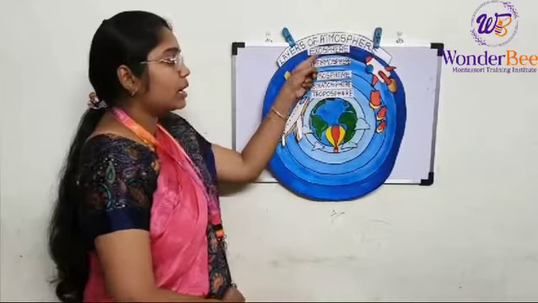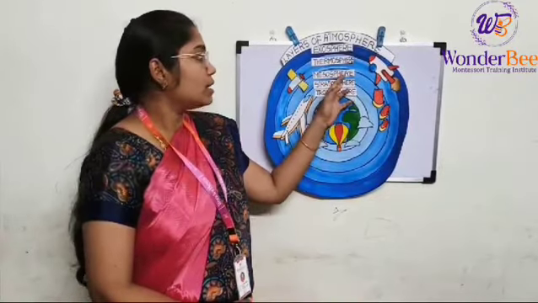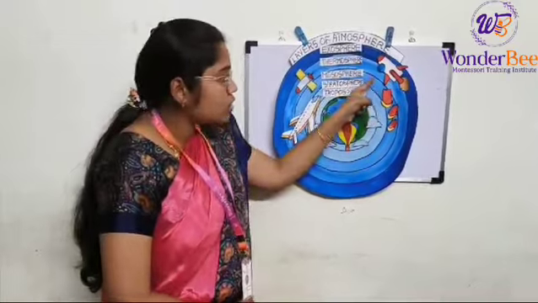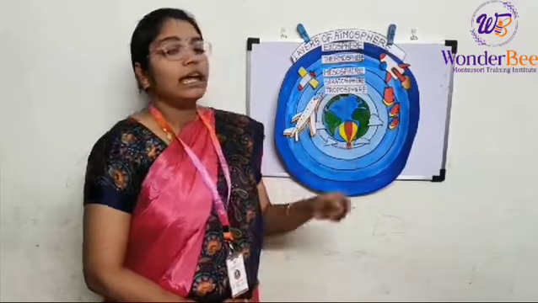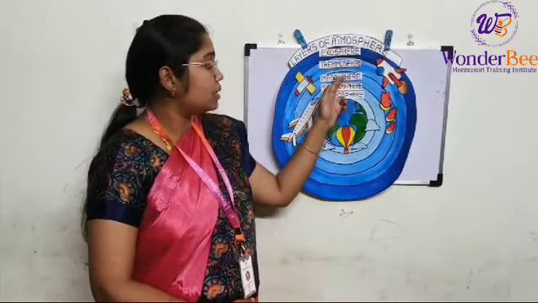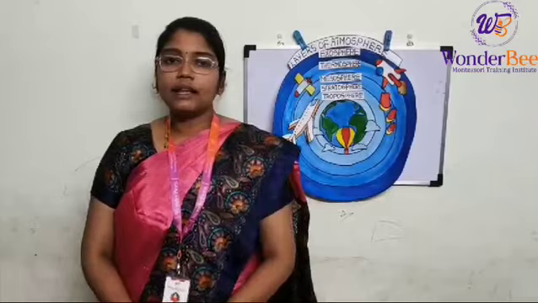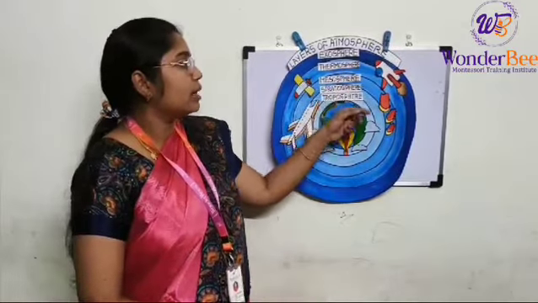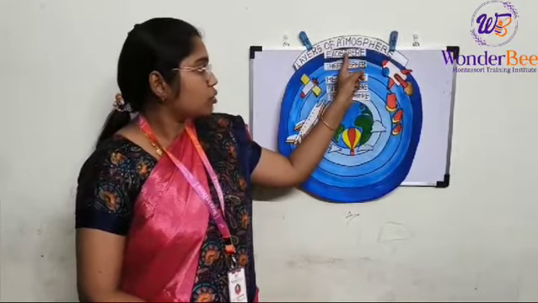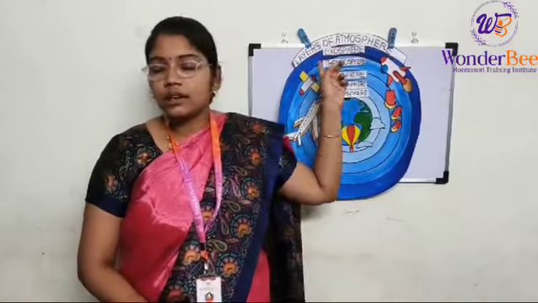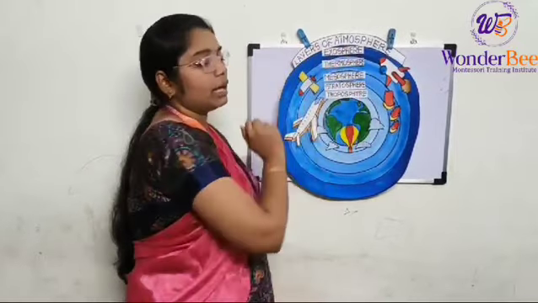In mesosphere, it is located between stratosphere and the thermosphere. In mesosphere, the temperature always decreases and it always absorbs the UV rays from the sun. So the meteoroids are also found in the mesosphere. It always burns in the mesosphere layer. And the fourth one is thermosphere. Thermosphere is between exosphere and the mesosphere. In thermosphere, it always absorbs UV rays from the sun, and it is above 600 to 1000 kilometers. And the last layer is exosphere. Exosphere is the outermost layer of the earth. So it is the topmost layer, and in this layer it extends up to 600 to 10,000 kilometers from the earth. So the satellites also revolve in orbit around the earth.